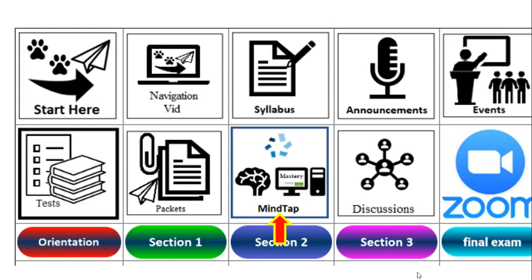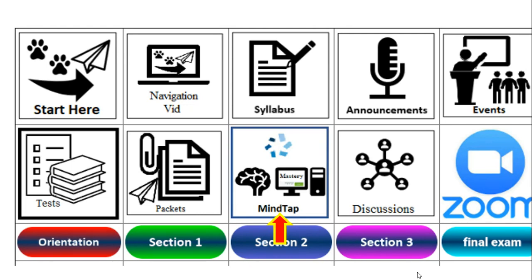Now, you will need MindTap. And so please make sure that you buy the book with the MindTap program. If you do not want to buy the book and you just want to buy the MindTap code, that's fine. The MindTap code comes with an online version of the book, but under no circumstances should you buy the book